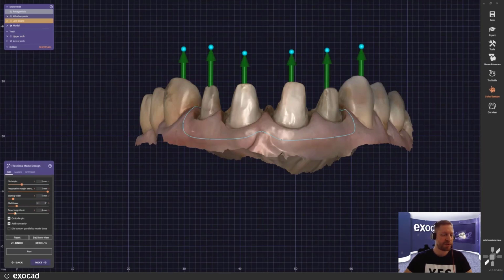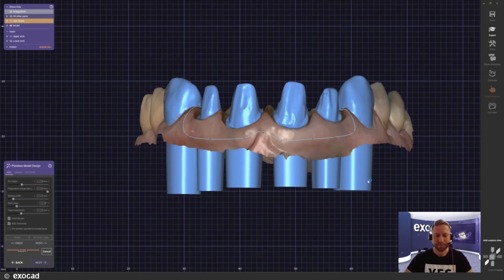I think I'm just gonna go down with the taper a little bit. All our settings are still there. So from here, I will just run the model. And you can see already that we have our dies here. And now I noticed I accidentally checked the omit the die pin part. That's no problem. I'm going to do that in the next run. You can see our die pins down here are missing at the moment.